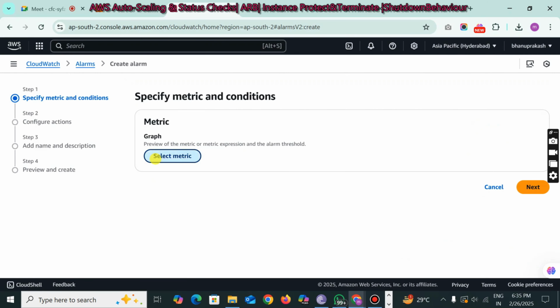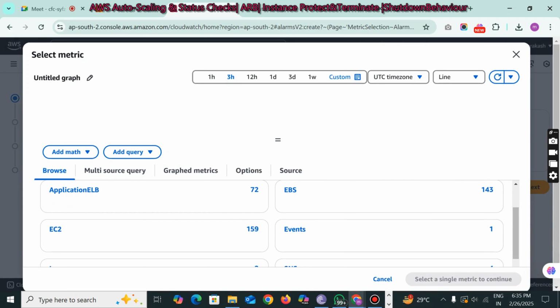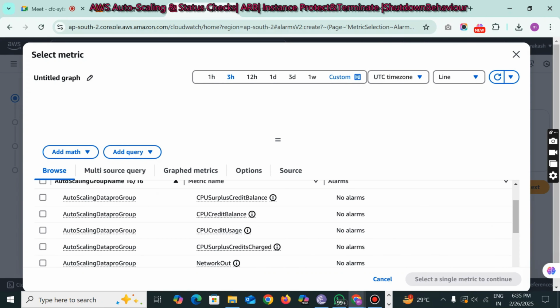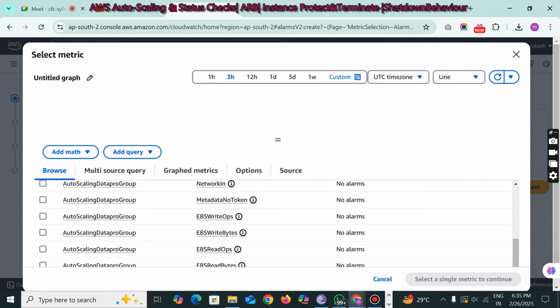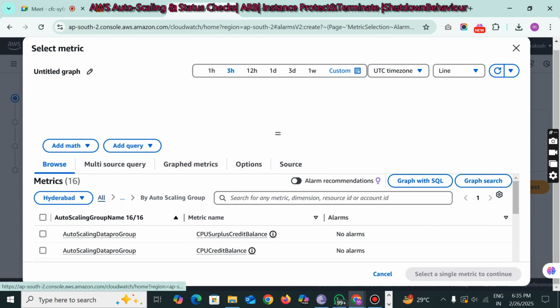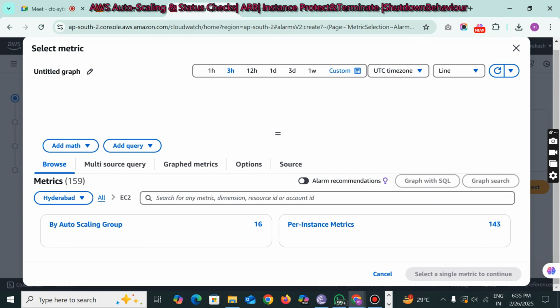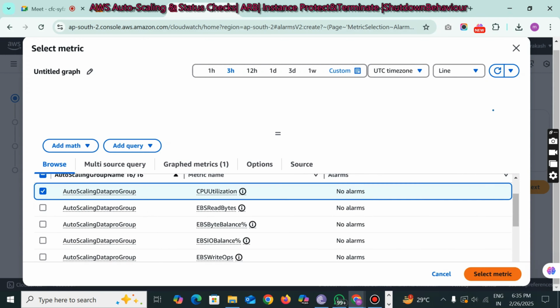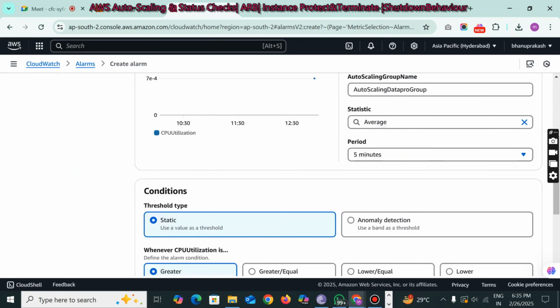One more alarm also I am going to create like this. Select metric based on the EC2. Choose here by auto scaling groups and again select here CPU utilization. Where is that option, CPU utilization? Again it is not showing. By auto scaling group, CPU utilization it is showing now. Select this one, click on select metric and here